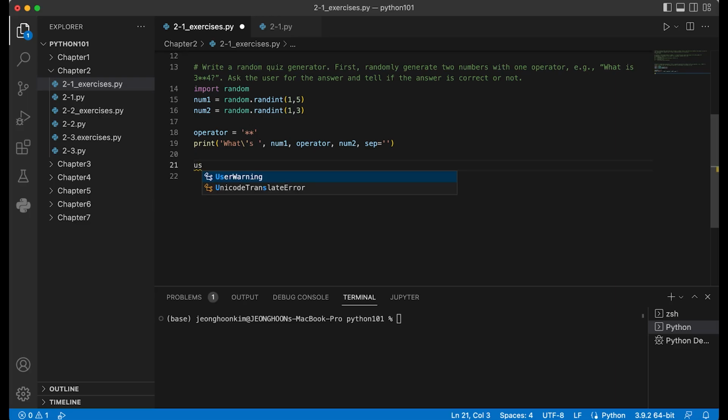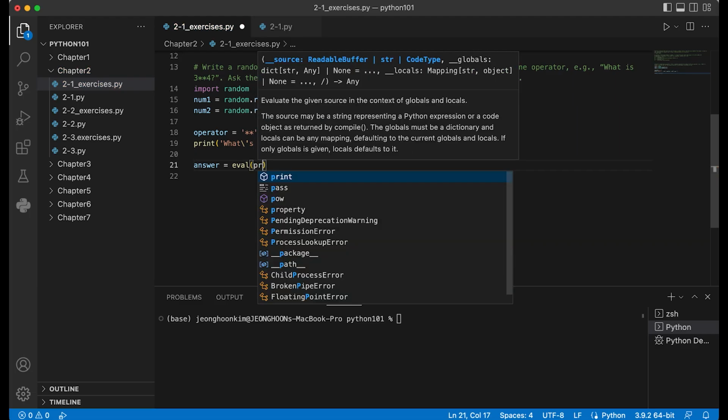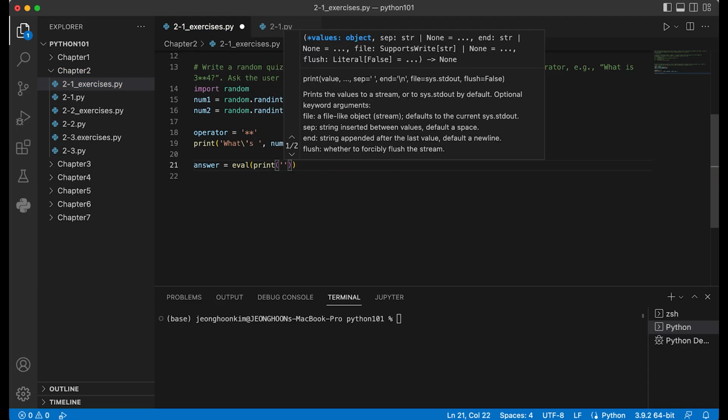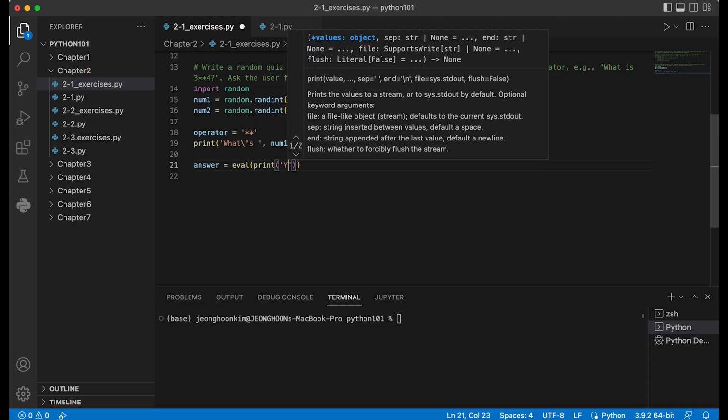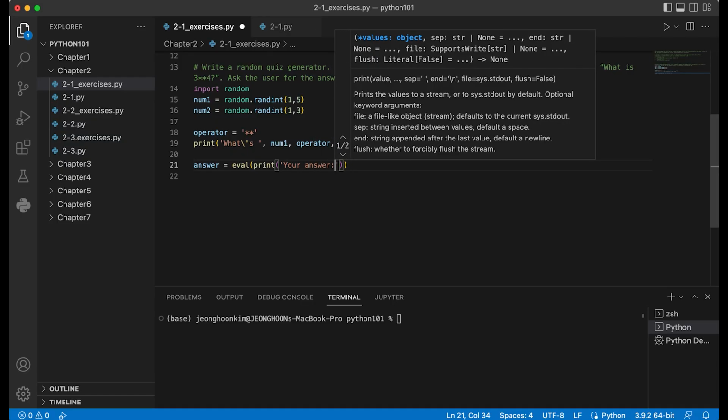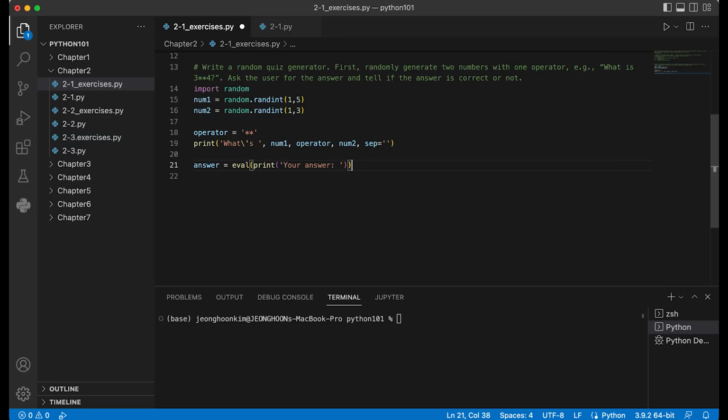The user answer, we need to convert to numbers with eval, and then print your answer, this, right? And it will print out the answer, and the text will be converted to a number, right? And we get the answer.